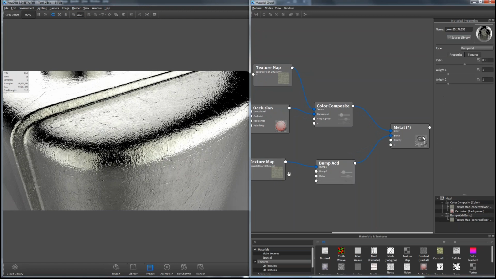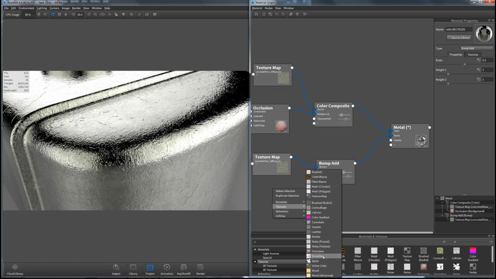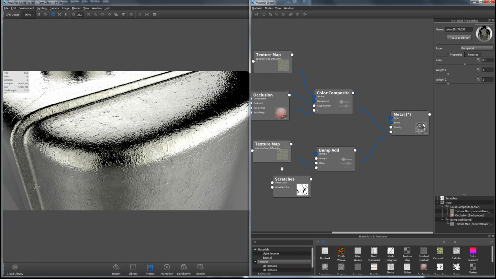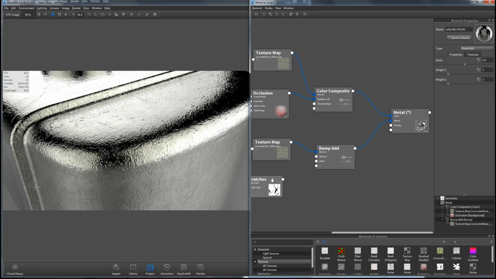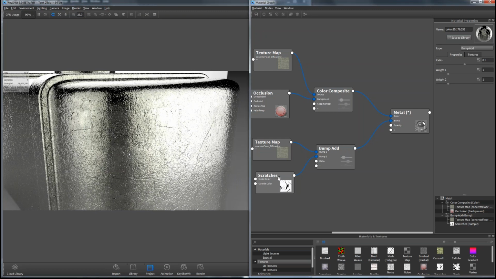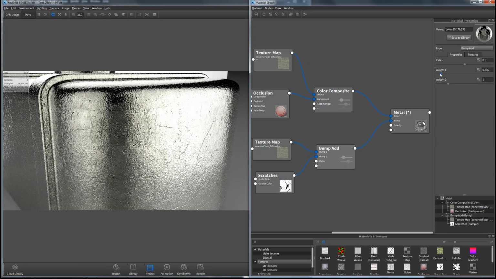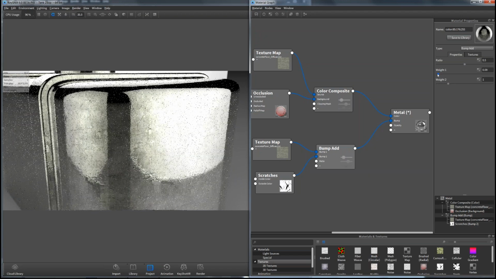Well, let's say I wanted to layer multiple textures. Let's go ahead and add something a little bit different. Let's add scratches. So now this is already scratched, but let's say we want to scratch it even more. I have a second bump texture, and now when I click and drag, I'm adding more textures onto this material. So you can use this to blend your textures, and then you can individually control the weight of those, the ratio.